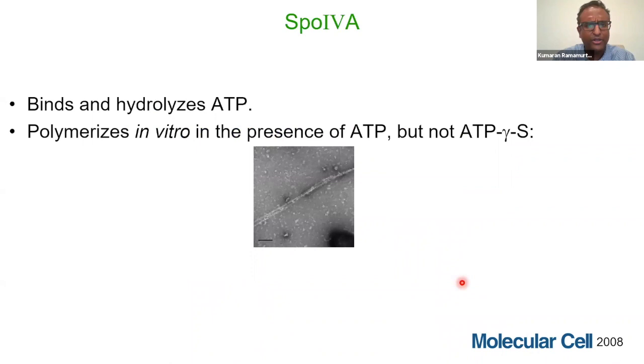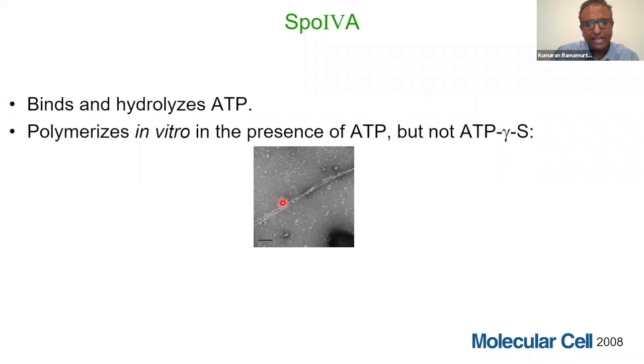The reason I point out all this is because that second protein, SpoVM, that's recruited by the first protein, a few years ago we noticed that it binds and hydrolyzes this nucleotide called ATP. And what was interesting is that if you purify the protein and incubate it with ATP, but not with a non-hydrolyzable form of ATP,